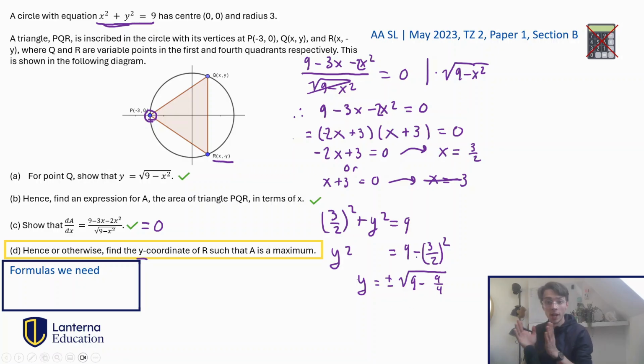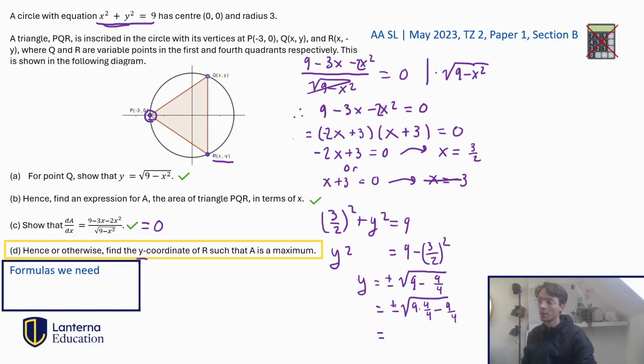Again, we've got fractions we're adding, so we need them to be on the same denominator. So we can do the same trick again. We can say it must be equal to plus or minus the square root of 9 times 4 divided by 4 minus 9 over 4. And then finally, we will get that